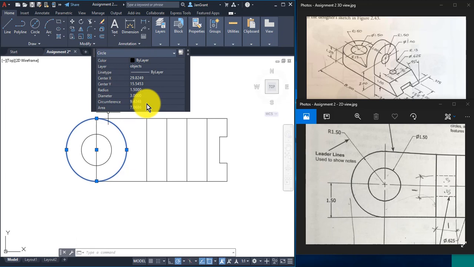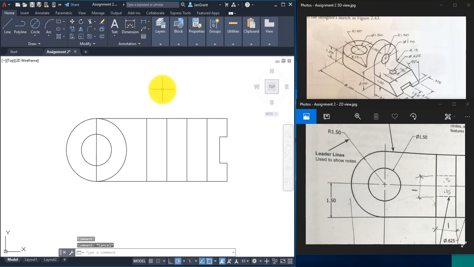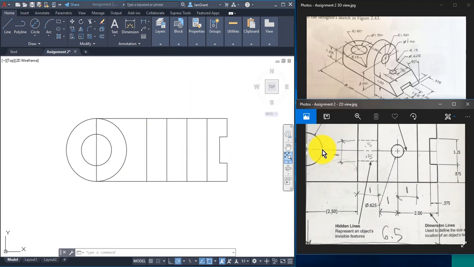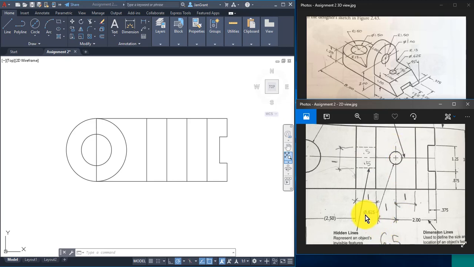And then if it wasn't the right radius or diameter, you could click right in here and change it and then press enter, and you'd see that it would update. Just wanted to point that out to you. All right, I'm going to go ahead and use my escape key to get rid of the blue grips and that little dialog box. Hey, while we're here, why don't we draw this other small circle, which is a diameter